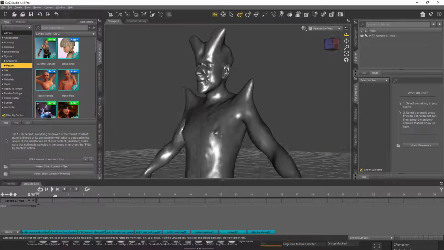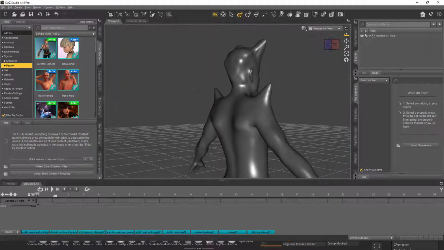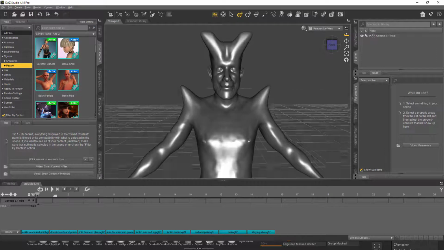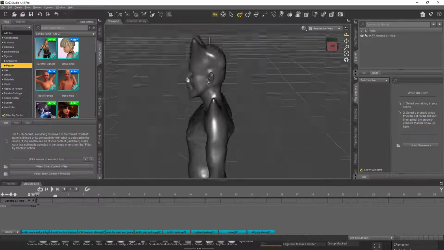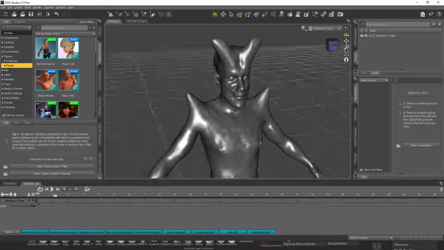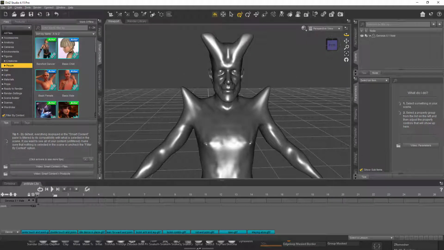So you can see whatever changes I made in ZBrush are imported into Daz Studio, and that's the beauty of it. So basically you can create any model, export the base mesh from here, and then create the morph and import it. So this is a very efficient way of working.